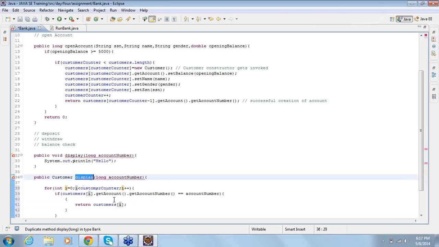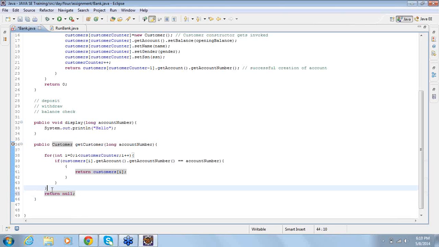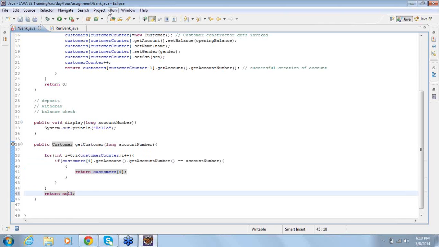So instead of display, I'll say get customer. Okay. So if the customer is found, I return the customer. If the customer is not found, I return null. Okay. So after completing the loop, if I don't find any account with the number, then I'll return null value. Okay. Then what I do it on the run bank is,